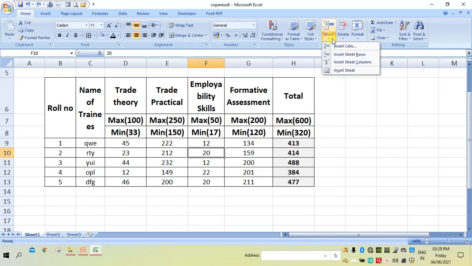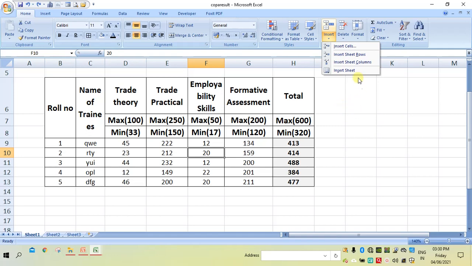It is asking: insert cells, insert sheet rows, insert sheet columns, insert sheet. So here we have various options. Now what I want to do is insert a cell only.